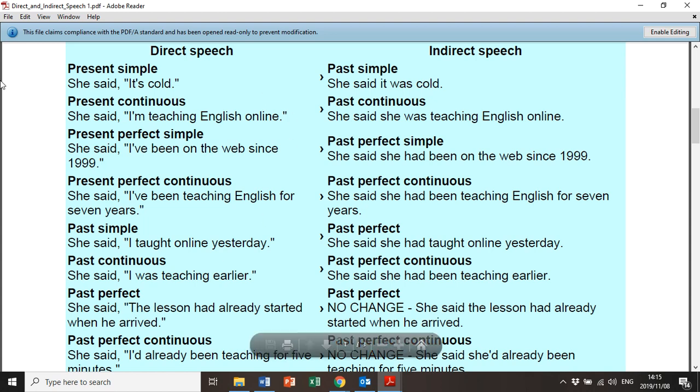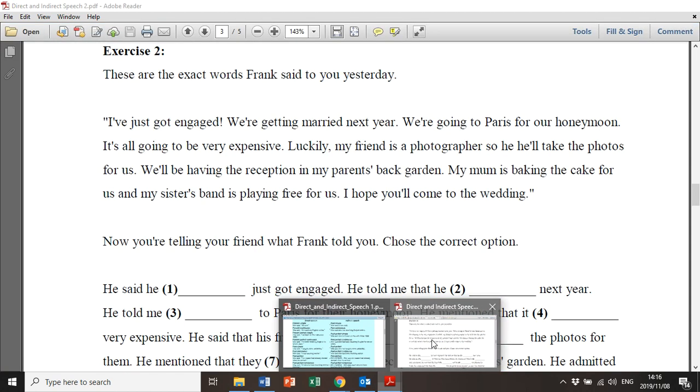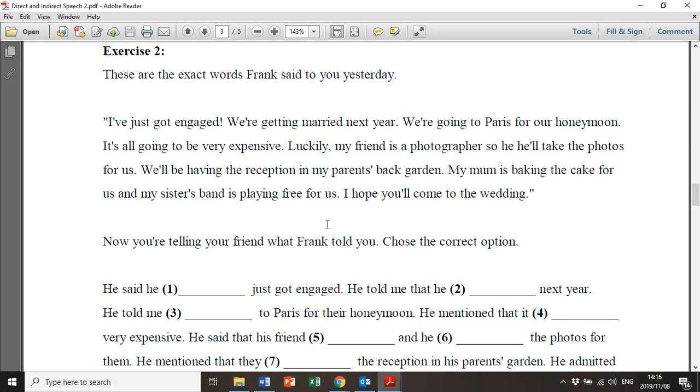Ek gaan nou na 'n paar voorbeelde op die BBC, die direct en indirect speech werkkaart nommer 2 gaan kyk, en ons gaan terug verwys na hierdie blokkie elke keer. Goed. Hulle gee vir ons 'n hele paragraaf daar en dan staan daar, these are the exact words Frank said